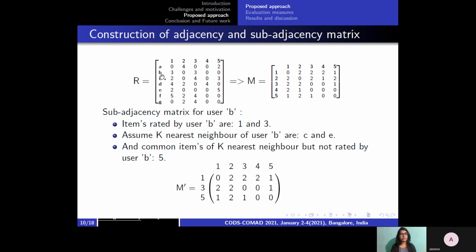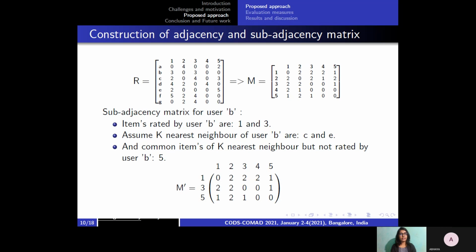So first we have to see what are the items rated by user B and what are the common items of k nearest neighbors of user B. So here, from this example, we say that items 1 and 3 are rated, and we assume that C and E are the neighbors of B. So the common items of C and E are 1 and 5.